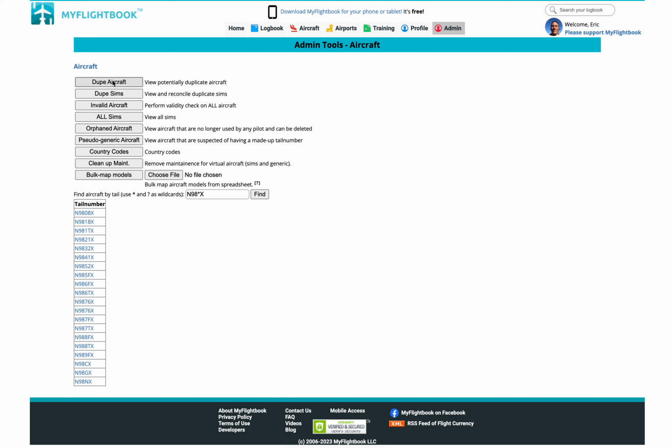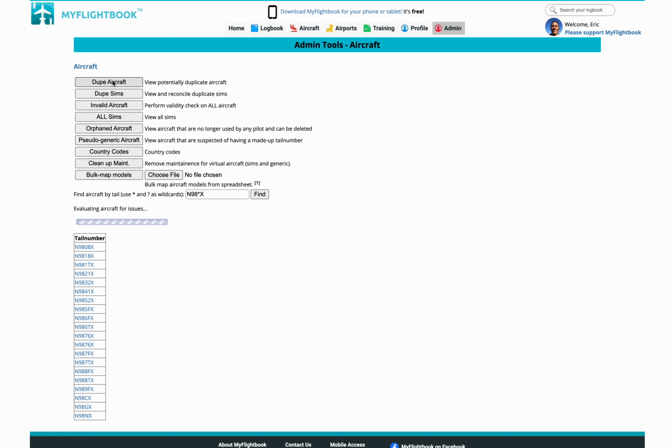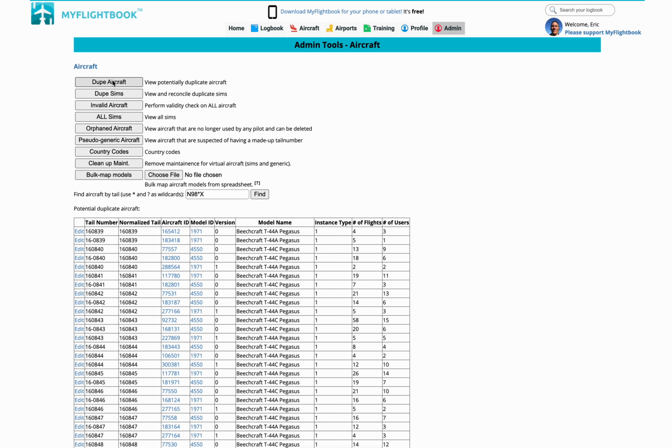Neither is a terrible problem. It's a data cleanliness thing. But if I click this, it's going to do a little bit of thinking. And here, I think part of the issue was that some of these had hyphens and some did not. So you'll see tail number and normalized tail. The normalized tail is just the tail number without any hyphens. And so here I have 160839 and 16-0839. But these are both T44 alphas. So in this case, they're both version 0, but because they're the same model, the right thing to do is